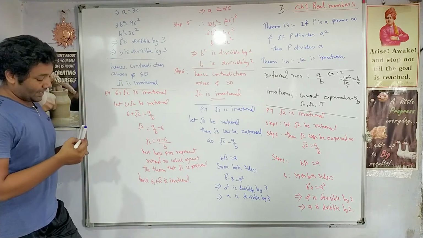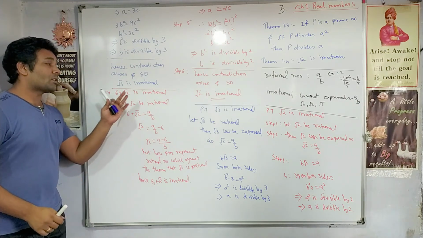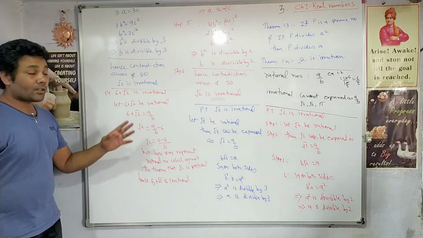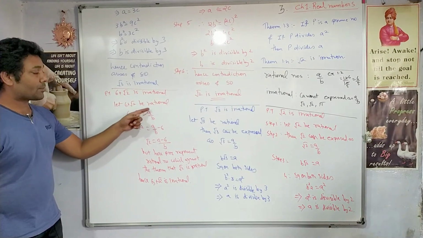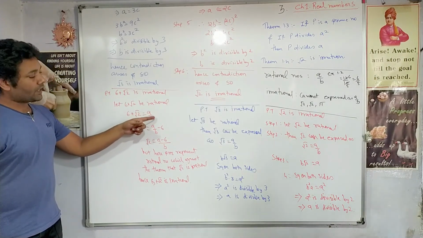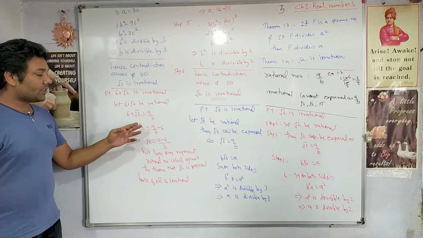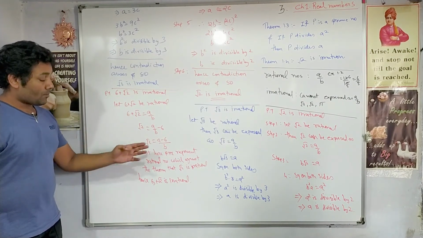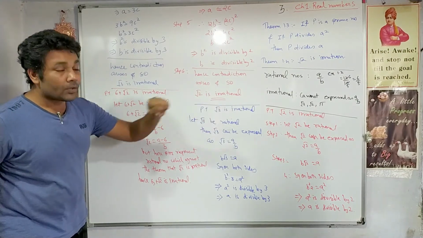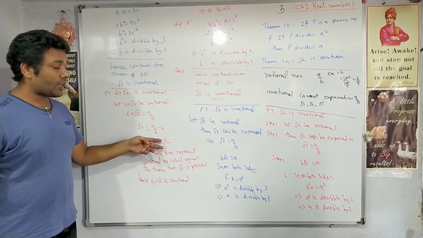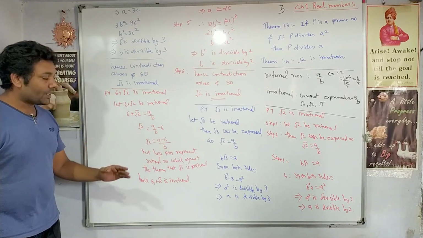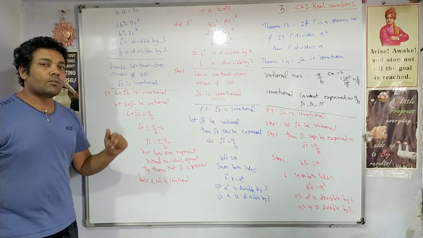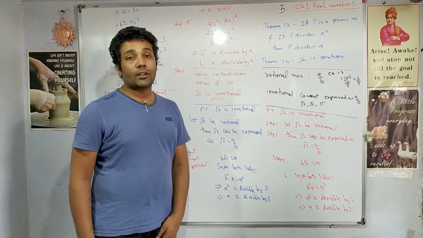Very simple. Let's see once again. We have to prove that 6 plus root 2 is irrational. What does it mean? Again starting the same way, let this number be rational. If this number is rational, that means it can be expressed in a upon b format. If we rearrange, then root 2 can be expressed in some numerator and denominator form. But this is wrong. We have already proved that root 2 is irrational. Hence expressing root 2 in fraction form is not possible. So because of that contradiction, we conclude that 6 plus root 2 is an irrational number. So very simple. Next class we will continue with exercise number 1.4.